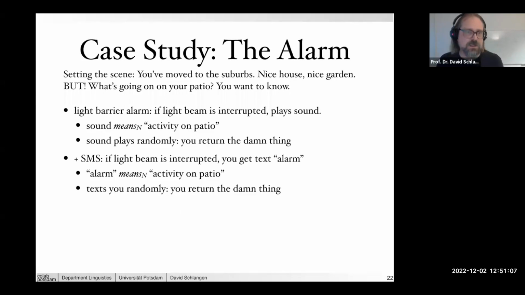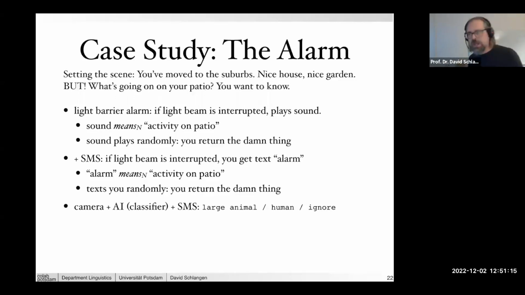And again, if these things should start to text you randomly, then it's just broken. You return it. Okay, I'm slowly working my way here towards making sense, hopefully. Now you upgrade because you see in the shop a box that says AI on it, and you think, ooh, I want AI. So what you have now is a little camera